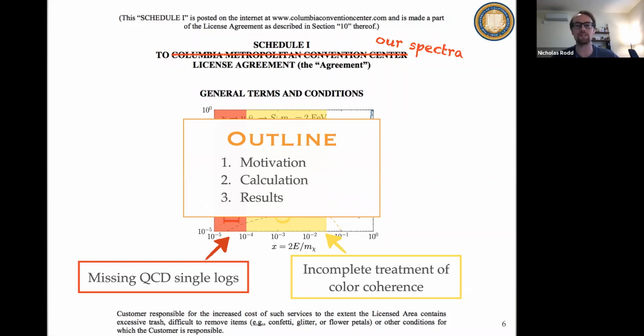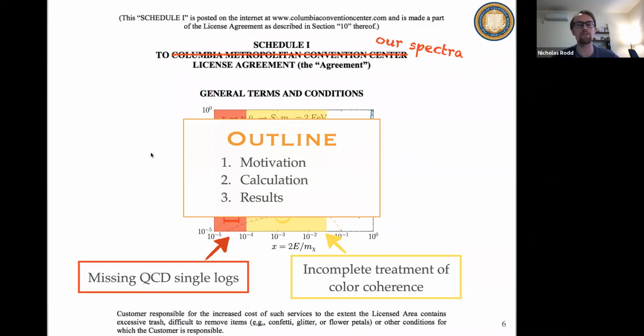And the way I'll outline the rest of my discussion is as follows. So firstly, of course, I think most people are motivated that we should look for dark matter wherever we can, but I just want to give you a bit more motivation for why you might want to consider particularly heavy dark matter. And at least I'll give you my motivation for why I spend my time thinking about these calculations. In the second part of the talk, I'll dive into a bit more detail about what exactly the calculation that we did is, where these uncertainties are coming from, and how we plan to improve on them in the future.